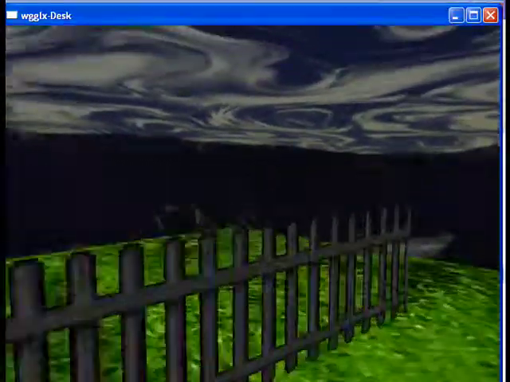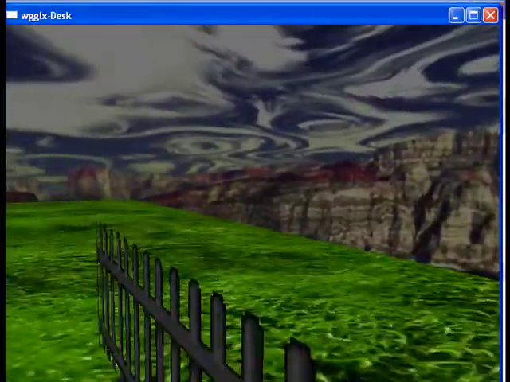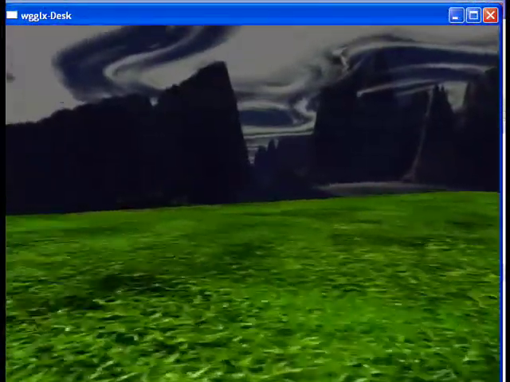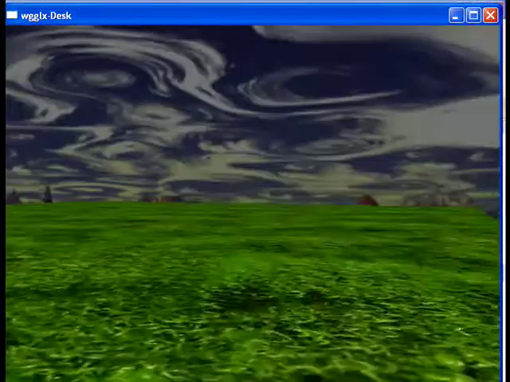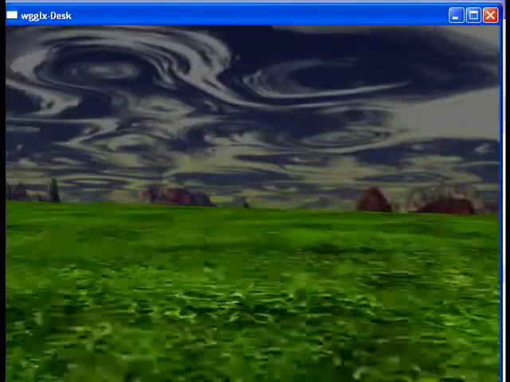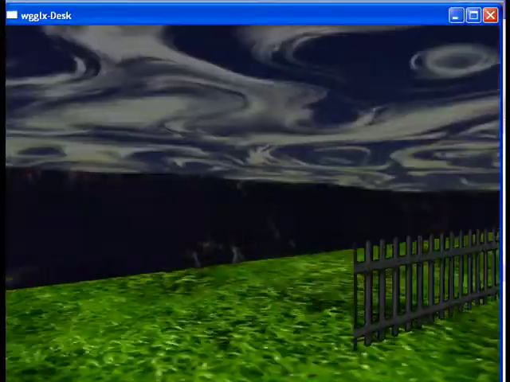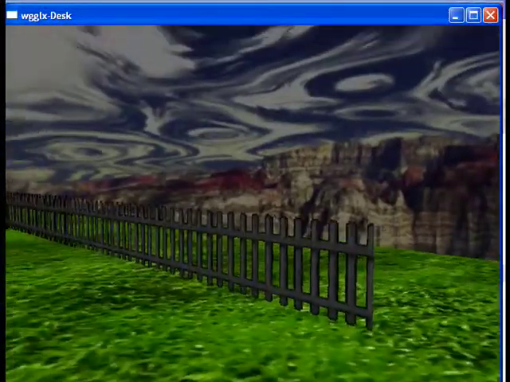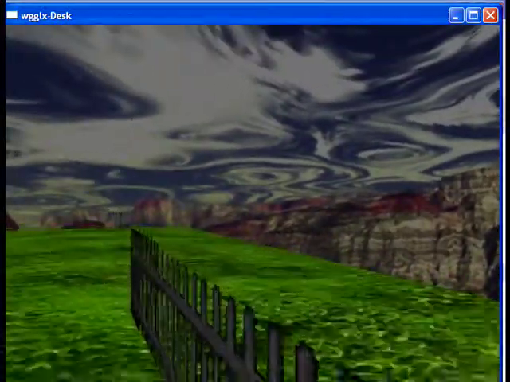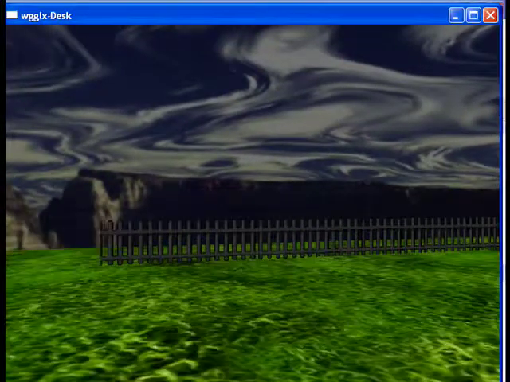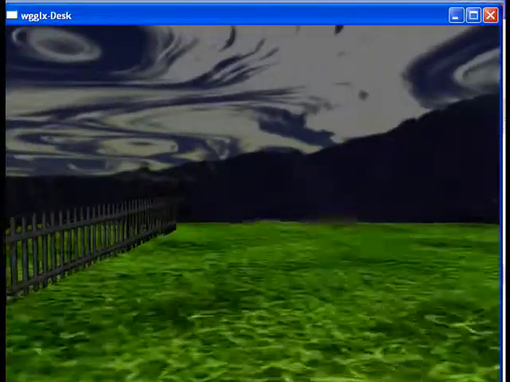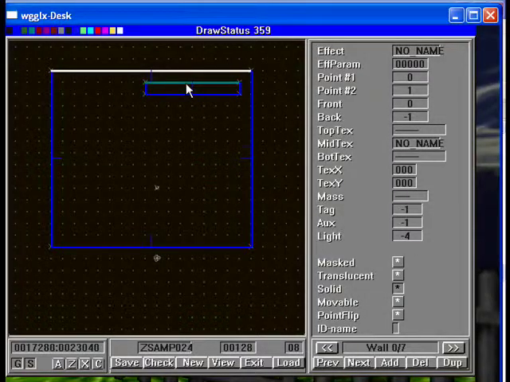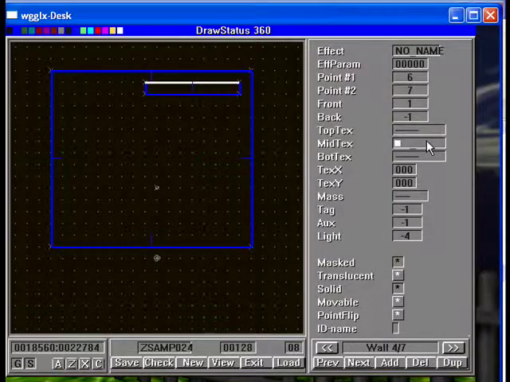So here's our wall. Only one problem. When we go around the back, it doesn't show. Now this is a byproduct of how textures work with their sidedness. It's an OpenGL situation. So to get around this, it's very simple. We just put a fence on the other side,